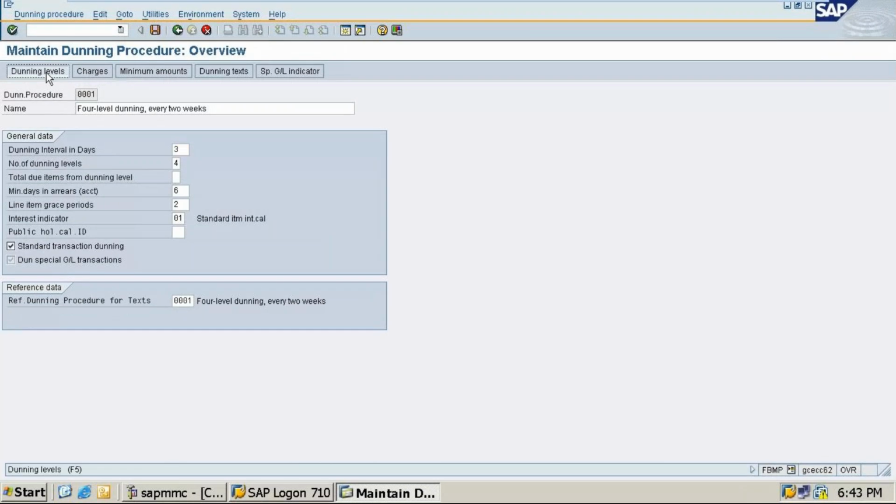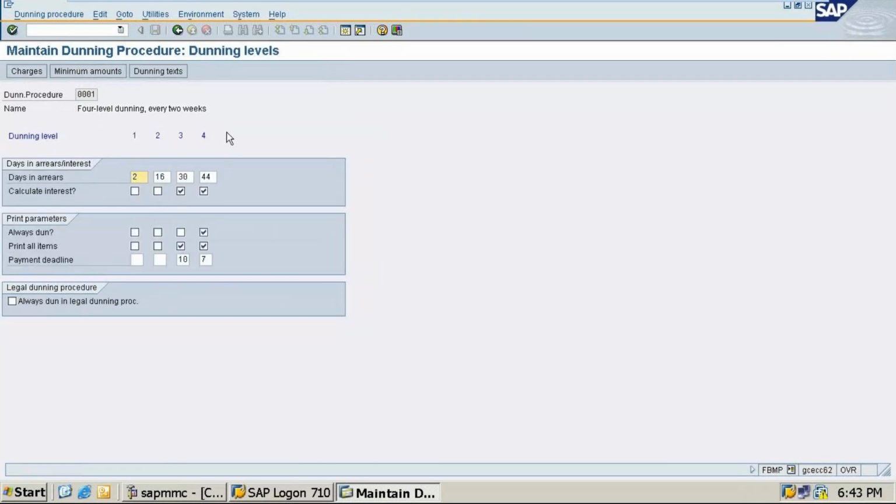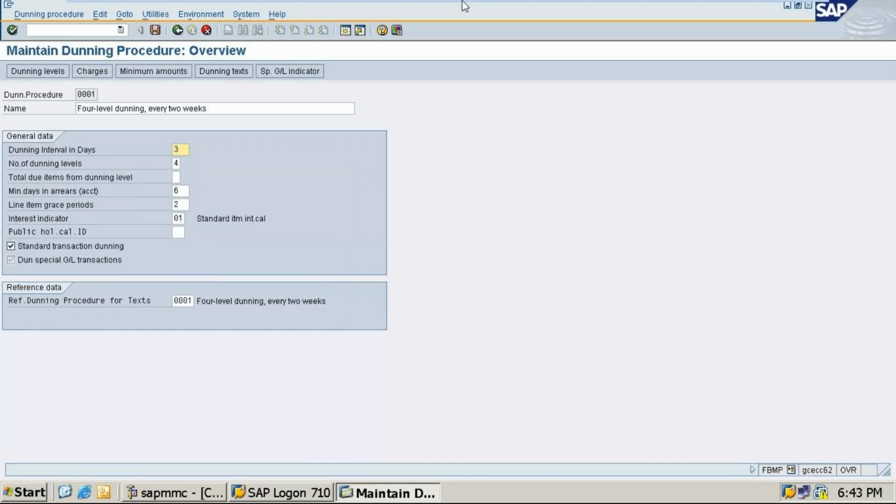So here we'll click dunning levels, and this is 216. All these things have been calculated. Control S, back. What next?